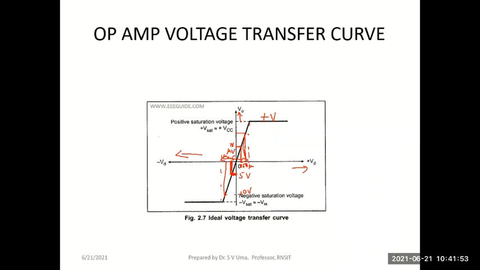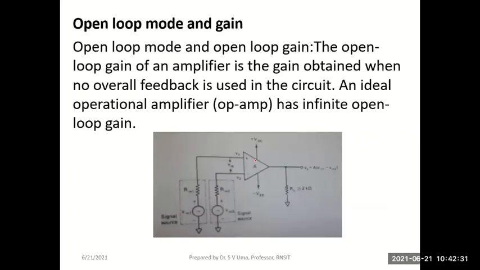And if it goes anything beyond that, the output has reached the negative saturation, which is equivalent to the negative supply, just like positive saturation is almost equivalent to the positive supply plus VCC. Remember, we use 2 DC supplies for an op-amp. An op-amp will work only when you give 2 DC supplies. The negative saturation is reached when I use the negative supply. And if the input decreases beyond this, or if I give more and more negative values of input, the output will still remain at minus VEE. Okay, so that is about the transfer characteristics.